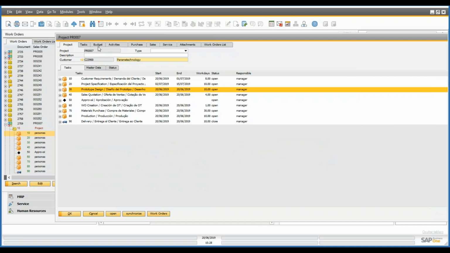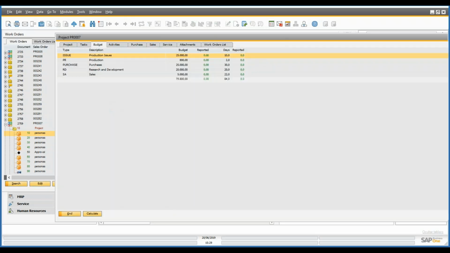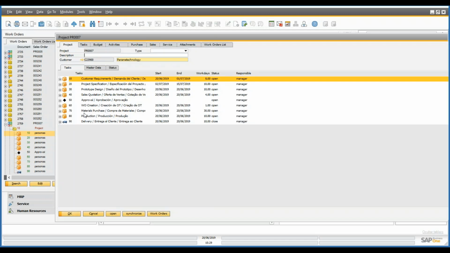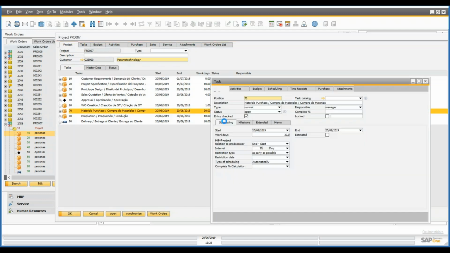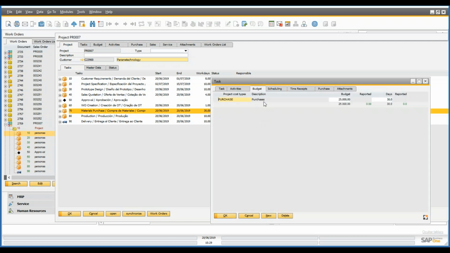So, okay, we have our project. Now, let's say that we wish to have a view of the complete budget for that project. So we have defined budgets for each one of the tasks, and I wish to see the complete budget for that project. We can come here under budget and see an overview of all the budgets that I have set for each one of the tasks. As you can see, I have defined 5 different cost types linked to different project tasks. For example, if we come here into materials purchase,